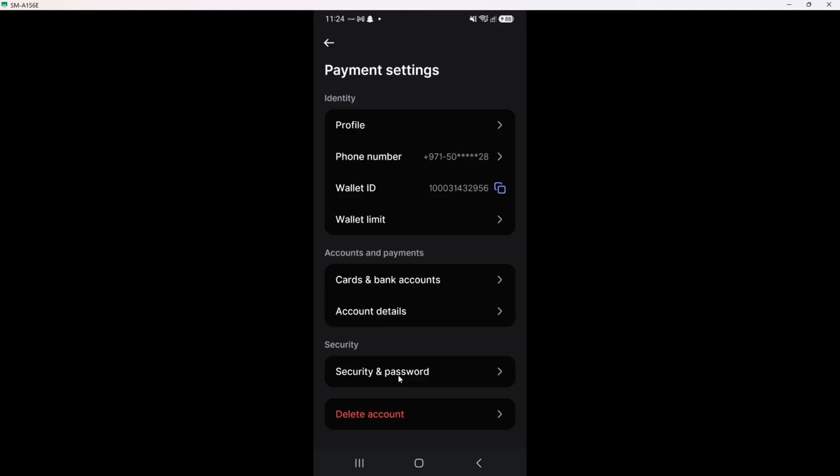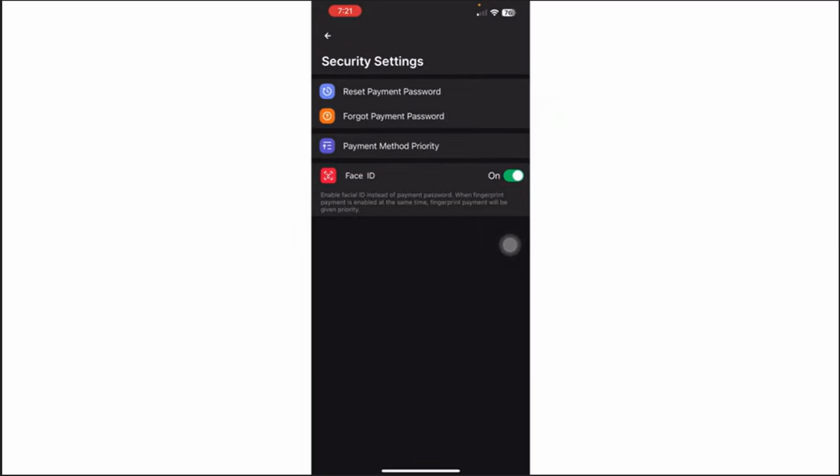Next, tap on Security and Password. This option allows you to view and edit your security settings further. It is here that you can change your payment password, which is the focus of today's tutorial. Selecting this option will lead you to the area where you can reset your password, ensuring that your transactions remain